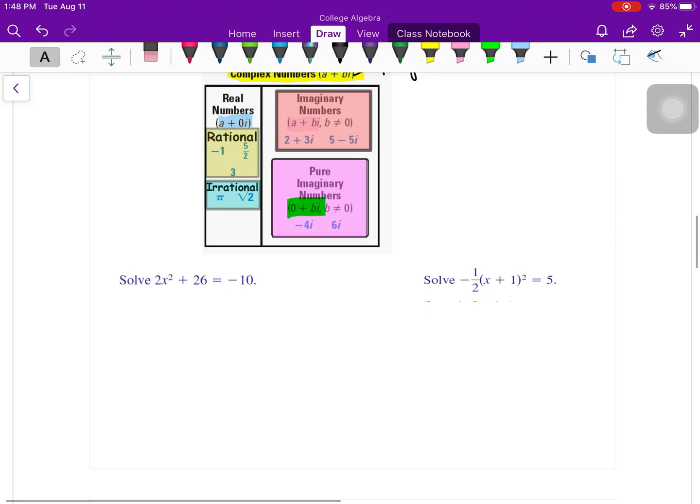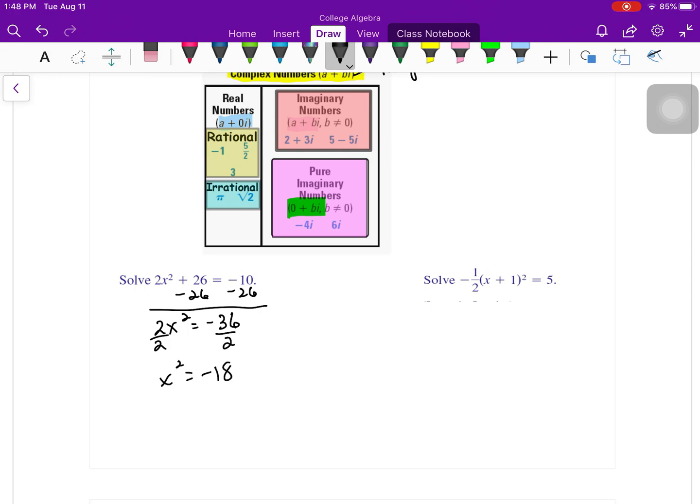So knowing that, let's solve 2x squared plus 26 equals -10. I'm going to subtract 26, so I get 2x squared equals -36. Divide by 2, x squared equals negative 18. Square root, so I get x equals plus or minus